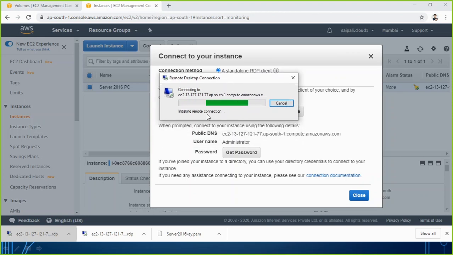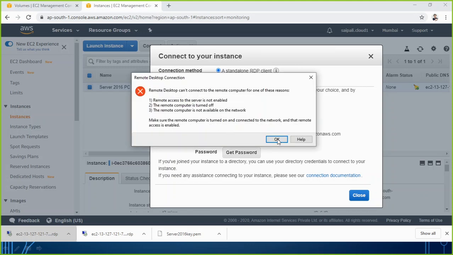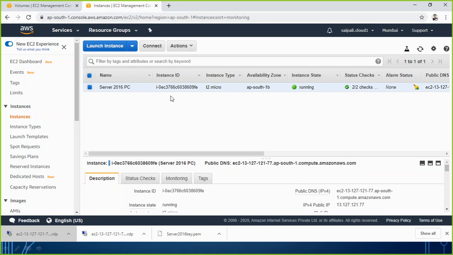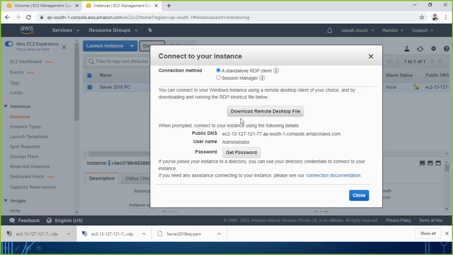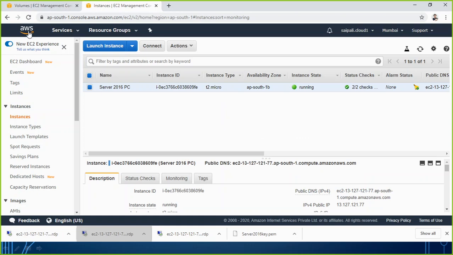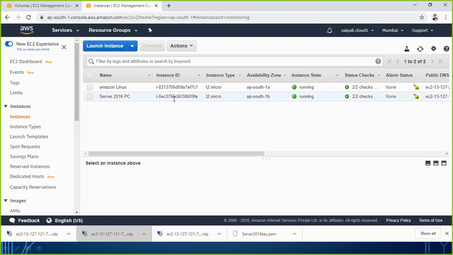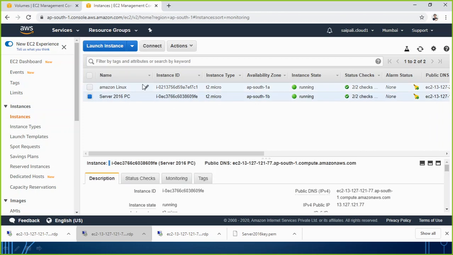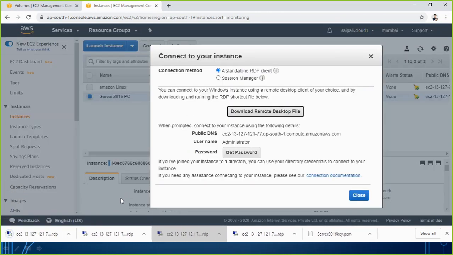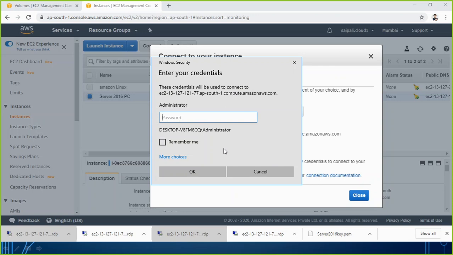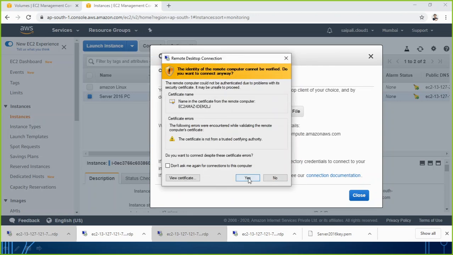So that is what we are going to see. Let it just get connected first. Alright, okay, one more thing we have to take care of: once this PC has restarted, the IP address may change. So let's try to connect again. Before that, let me just refresh it. Here you see that was actually old, it was not showing even Linux. So now I go to this server 2016, click on connect, and try to connect once again with the password. Say OK. Yes.